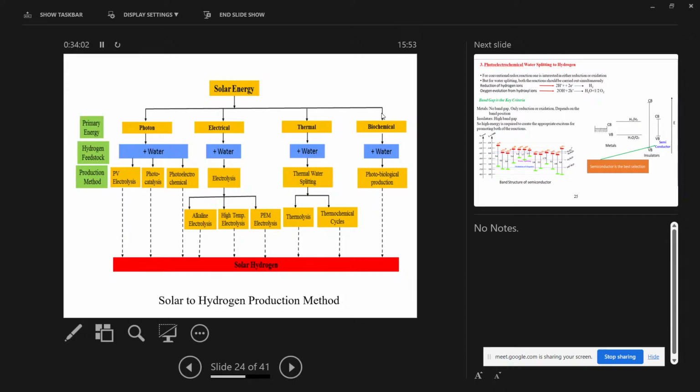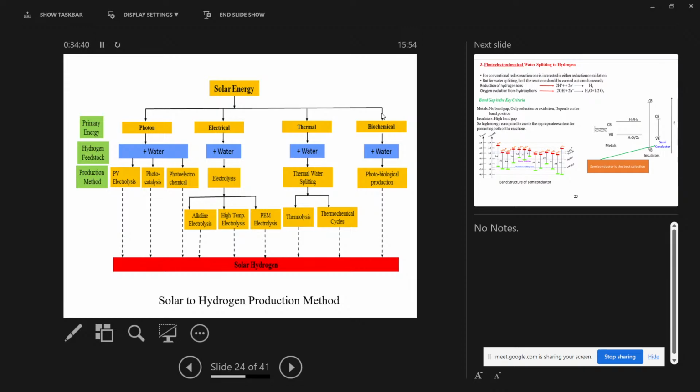What is interesting is that in all these processes, every researcher is working on every kind of process. The main thing is we have some limitations on efficiency. For example, the photobiological process depends on a biological process, so it is very slow. For industry, it is not easy to wait 2 or 3 days for the biological process to start and give you the hydrogen. So we have a time constraint limitation also.